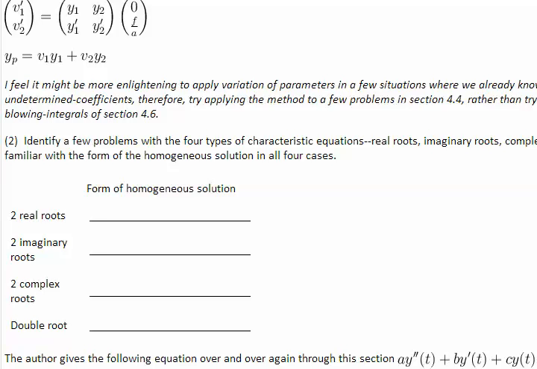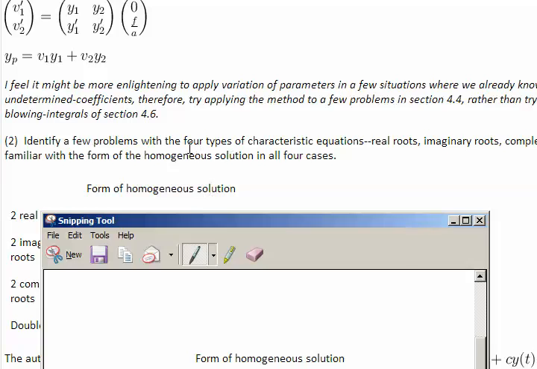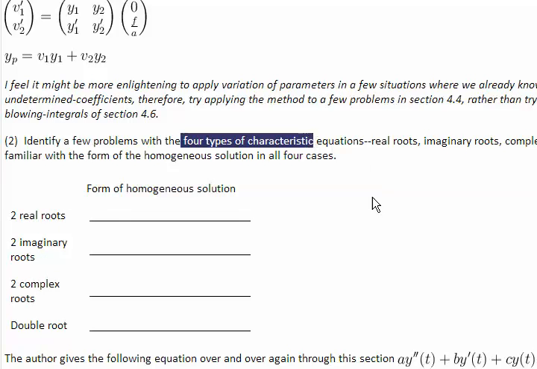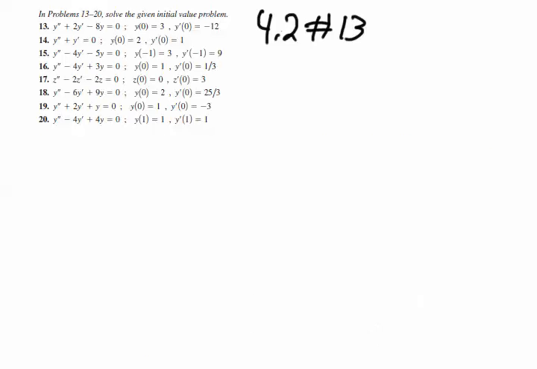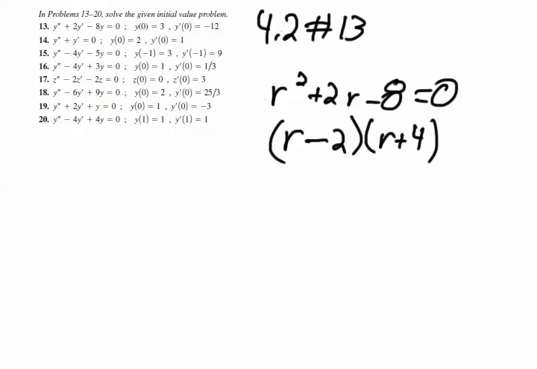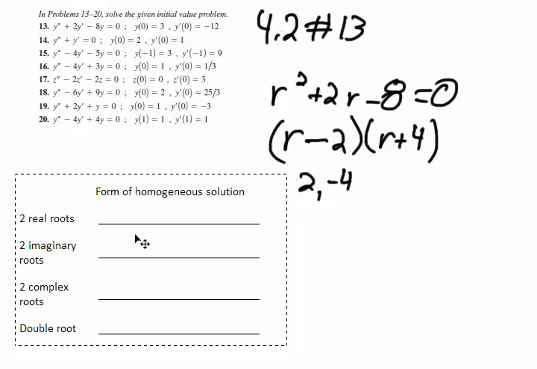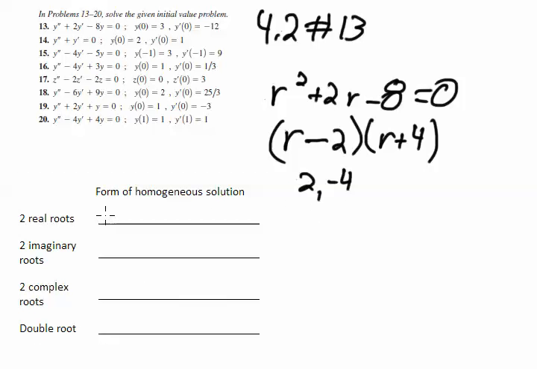Okay, I had a question on these, so I'm going to run through a few of the basics real quick. I'm going to start with question 2 here. And the point of this is that there are 4 types of characteristic equations. For 4.2 number 13, for instance, the characteristic equation is r squared plus 2r minus 8 equals 0. The roots of that equation are 2 and -4, which means that the characteristic equation has 2 real roots, and the form of the homogeneous solution is a sub naught e to the